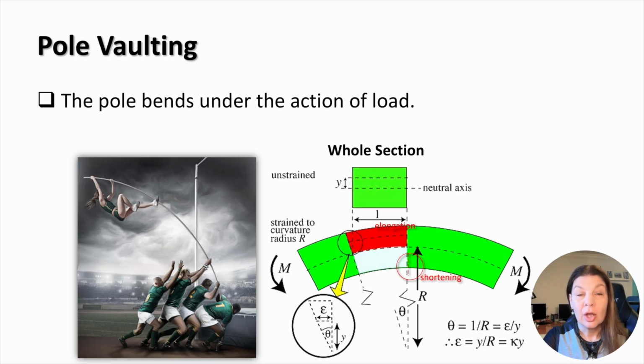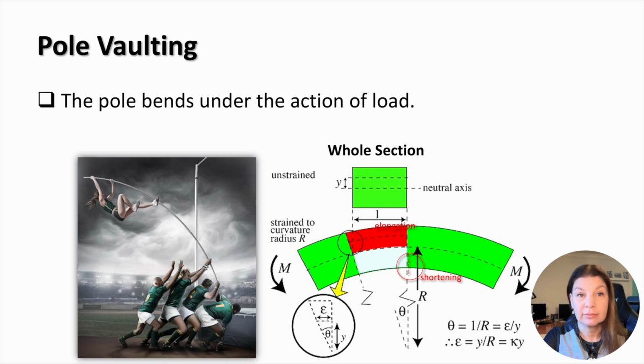As we can see, one of the sides of the pole will elongate, the top side in the picture on the right, and the opposite side will shorten, which is the bottom side in the picture. Inside the pole, the elongation will gradually decrease, turning into shortening. The change in the elongation and shortening within the beam cross-section is assumed linear, which can be seen in the picture on the right. The axis of the pole will not undergo any deformation, since it represents the boundary between